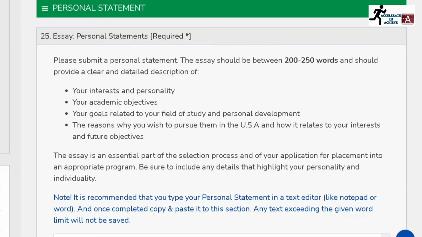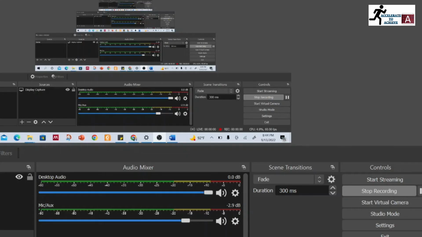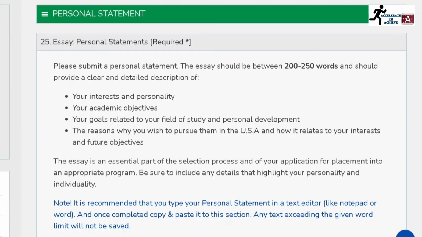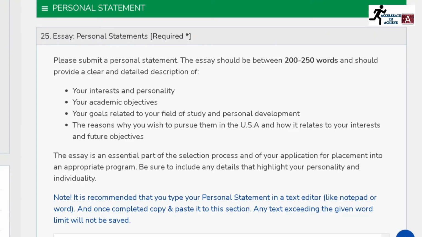Now, how can you start your personal statement? Start your personal statement with a strong sentence. Then you should talk about your interest and personality, and you have to talk about academic objectives, that is, in which program you are studying in Pakistan, and how this exchange program will help you to improve your skills. You must include your volunteer experience as well as community service if you have any, and you must tell them that you are interested in American culture